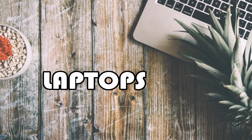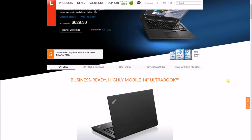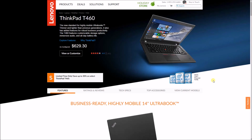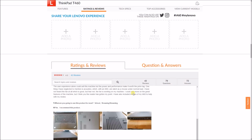So the next product category we're going to talk about is laptops. The first laptop on the list is the ThinkPad by Lenovo. This is the T460. You can get this at lenovo.com. This is really marked down by a few hundred dollars, and this is a business class laptop with a Core i5 series CPU, and it's a highly mobile device as well, going for about $300 off